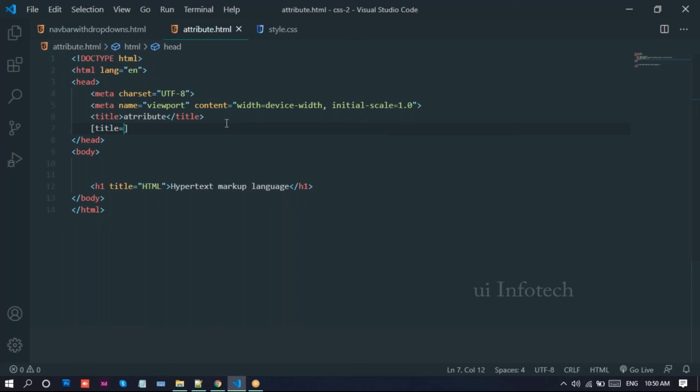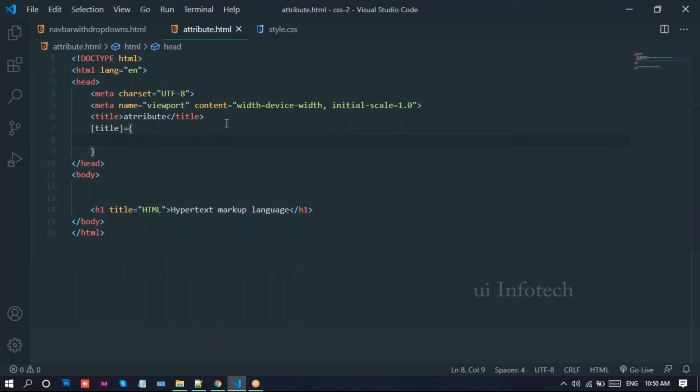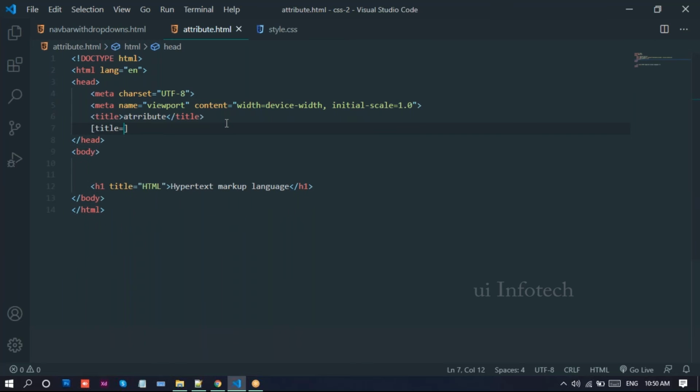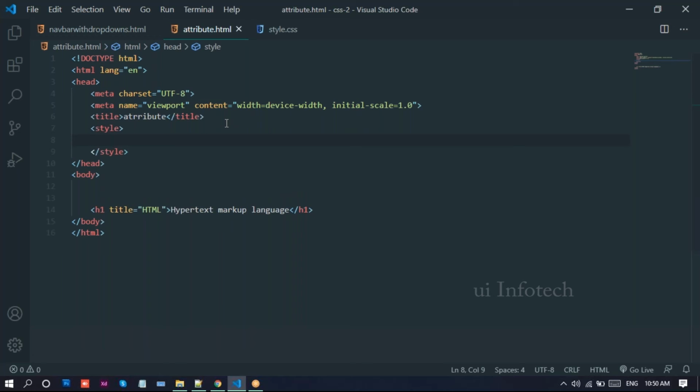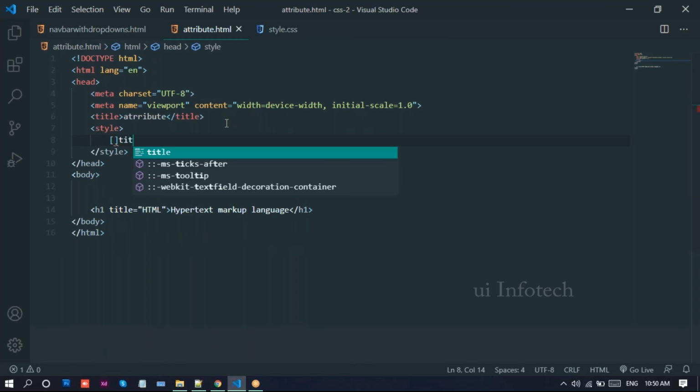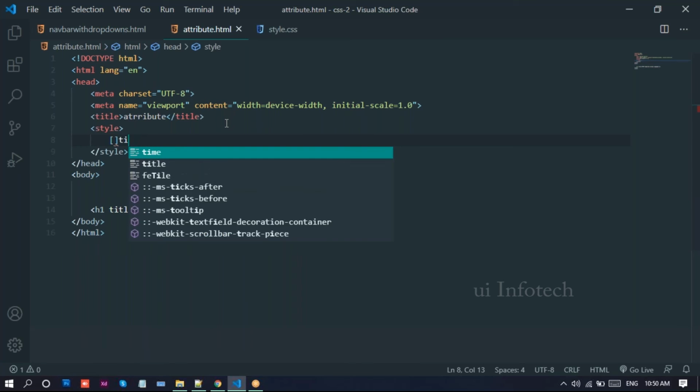Now look at this one. We created this text here. Now I just hover on this one. When you hover on this one, we have this popover like HTML, right? See here, I'm using this attribute selector. I'll just apply the styles for this one. See, I'm taking this one as title,